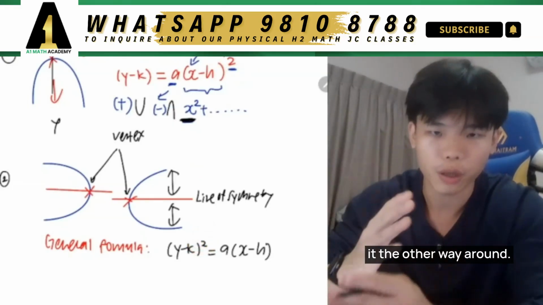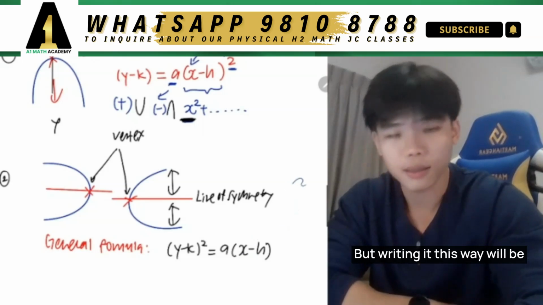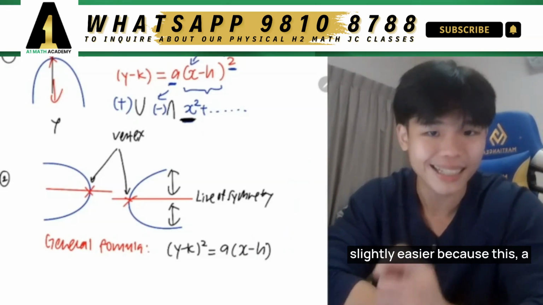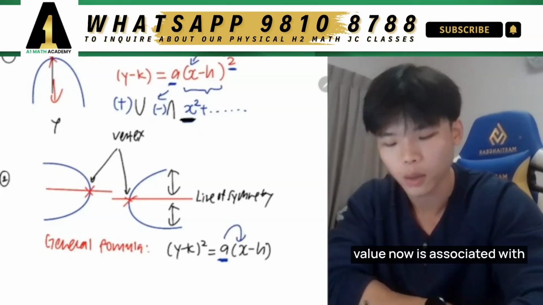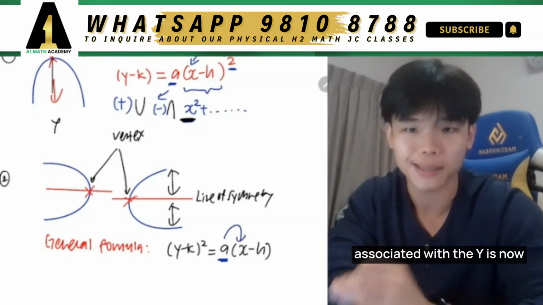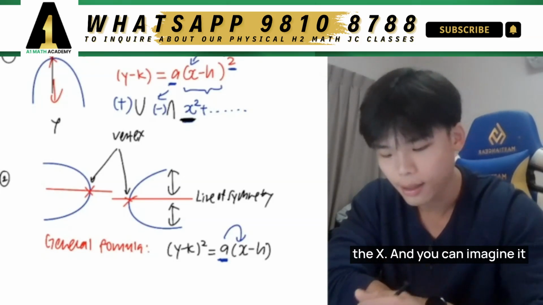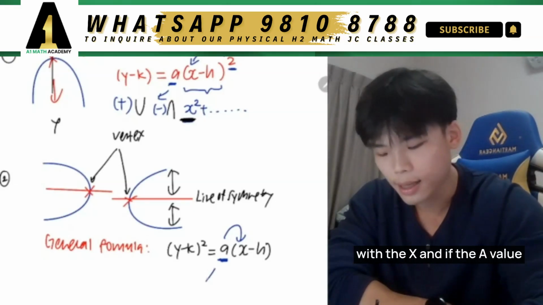Actually, you can write it the other way around. It all just depends on how you best see it. But writing it this way will be slightly easier because this a value is now associated with the x, instead of it visually being associated with the y. And you can imagine it as if the a value is associated with the x, and if the a value